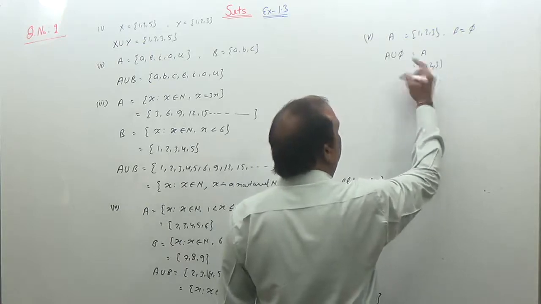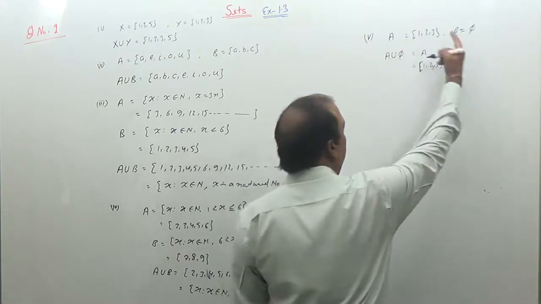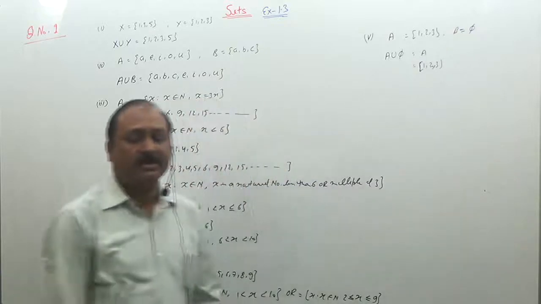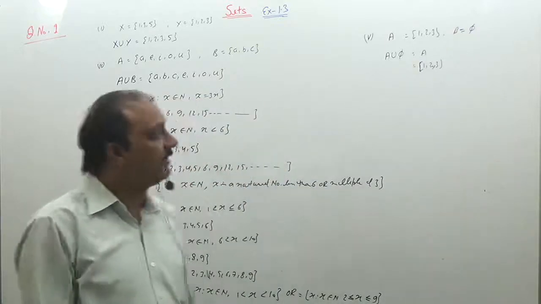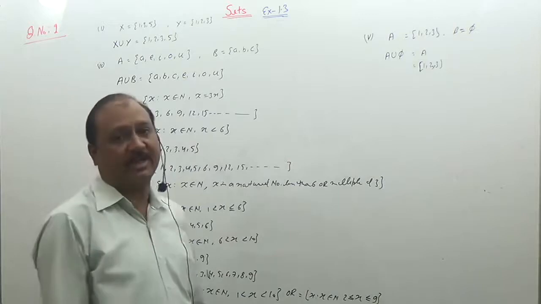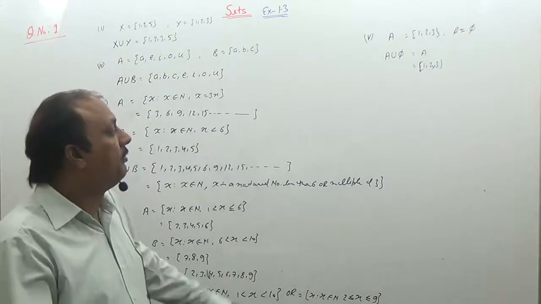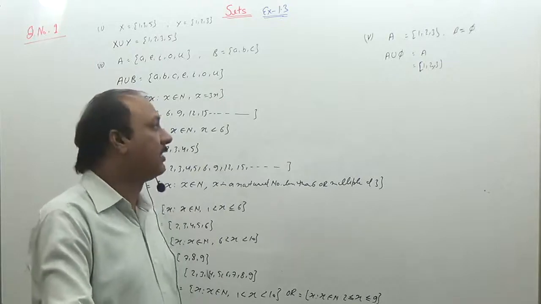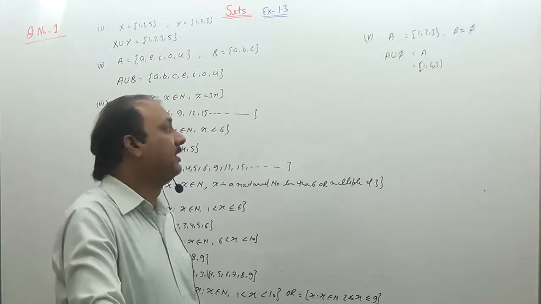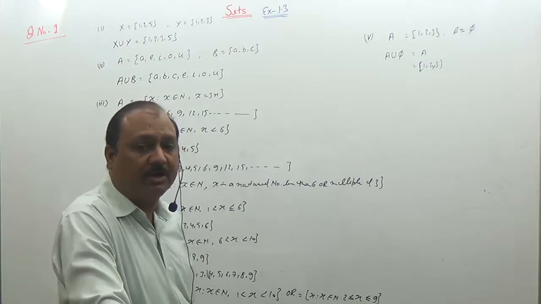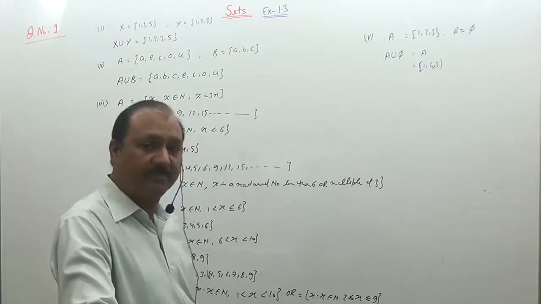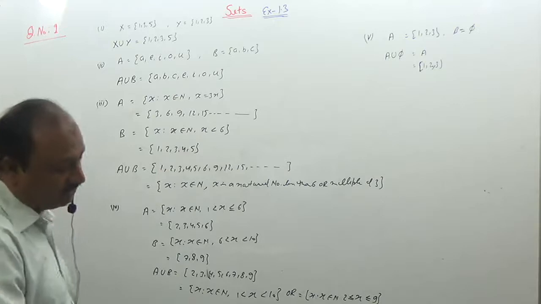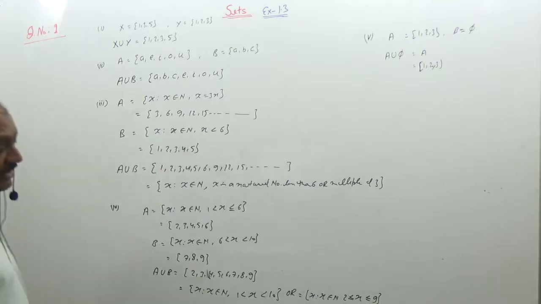With the help of the property you can say this, and also from the definition of union you can say that A union phi is the set which contains all elements of set A as well as all elements of phi, but phi is the empty set. There is no element in set phi. So there are only elements of set A. So A union phi is the set A. So this was question number 1 of the exercise.